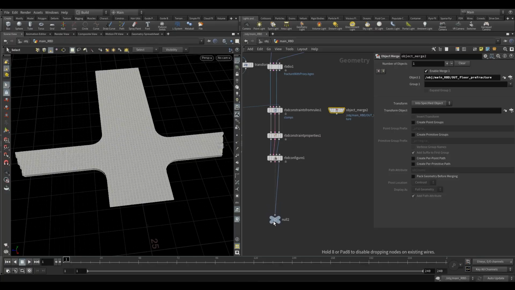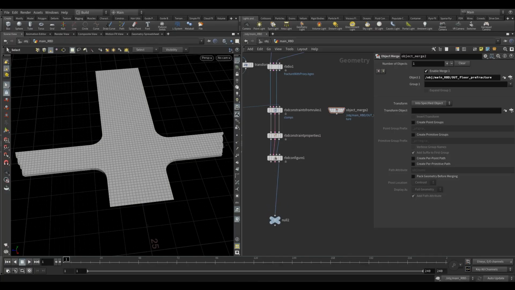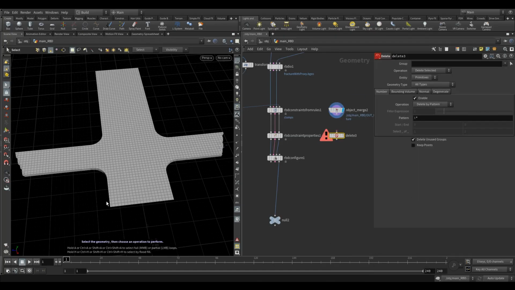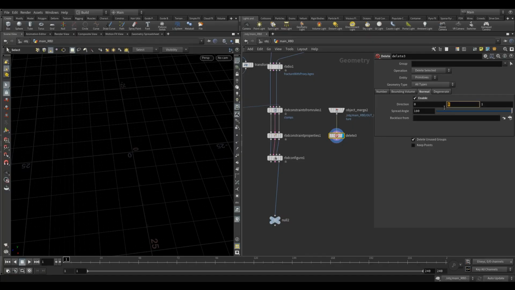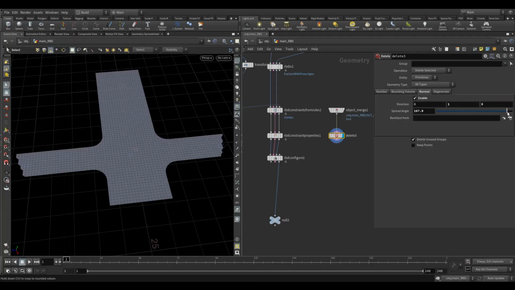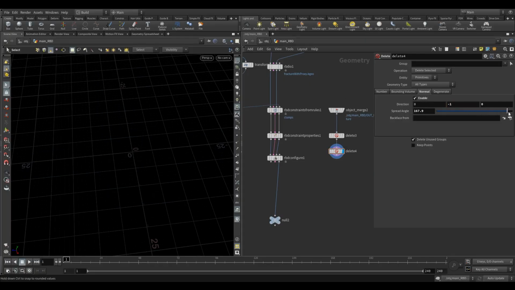And so after here, what I'm going to do is use an attribute transfer to transfer that attribute. Well, first I'm going to make a selection of all the outside. So what I can do is just delete the top. The easiest way I figured of doing that is deleting the top and bottom. So we can delete by normal basically. So if I look for normals facing upwards, okay, and then just do that, and then do the opposite, do another delete, and then change this to -1, and push this up by